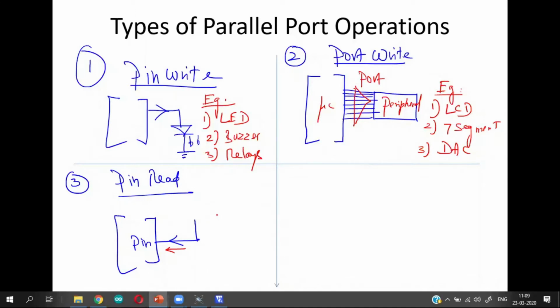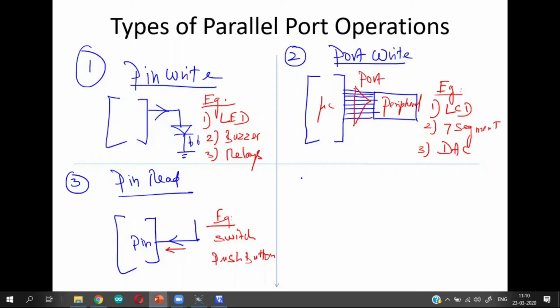The device can be anything, for example a switch, a push button, etc. In this case, one pin is used for reading a particular value from a peripheral device.